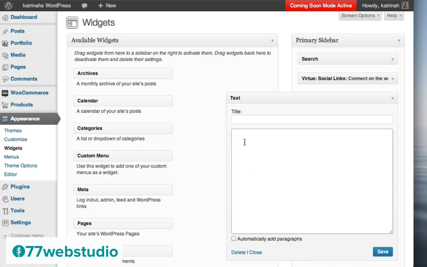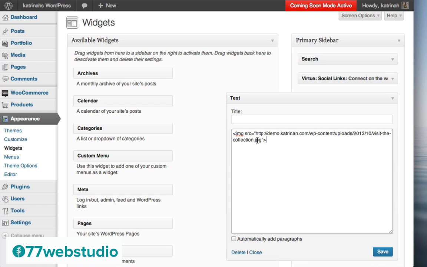So I'm going to add the HTML code here. If you can't see it, no worries. I will drop this code in the video so you can see it there as well. So here I'm just going to add the HTML code for the image first, which is a bracket, IMG, and then a space, and then SRC, and an equal sign, a quotation. And then here we have the URL for the image. This is the URL for the image. And then we close it off with a quotation and a closing bracket.